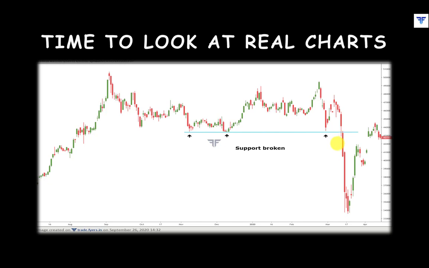On the day when the support broke, the price managed to close above the support, which suggested that the buyers were still giving a fight to the sellers. However, on the following candle, price opened below the support and never really managed to move above it, suggesting that the buyers have given up and the sellers have regained control of the price. Such a behavior signals lower prices.